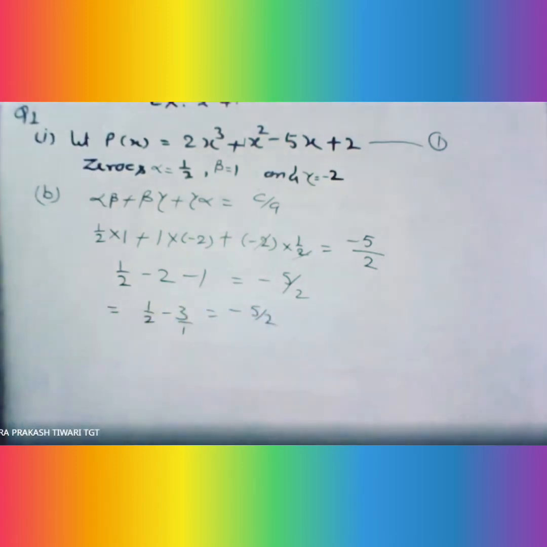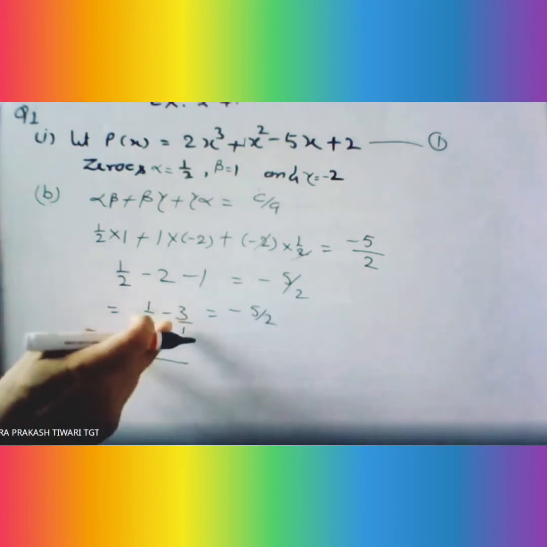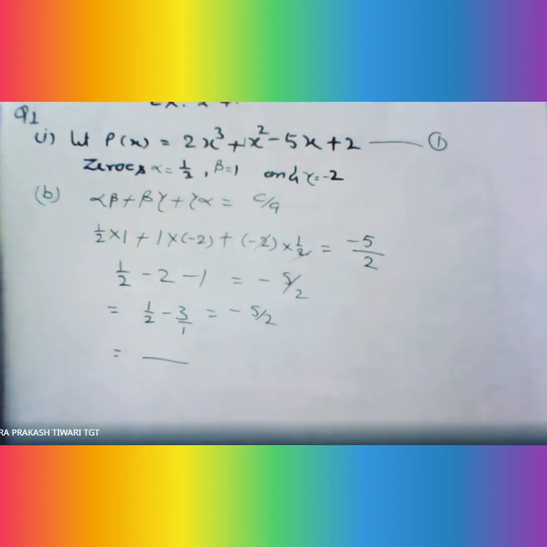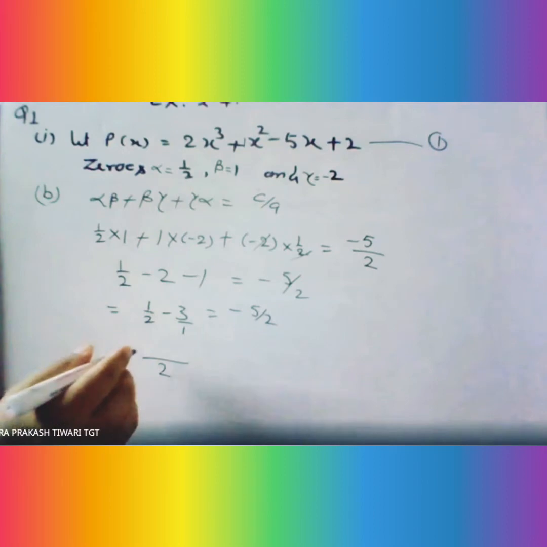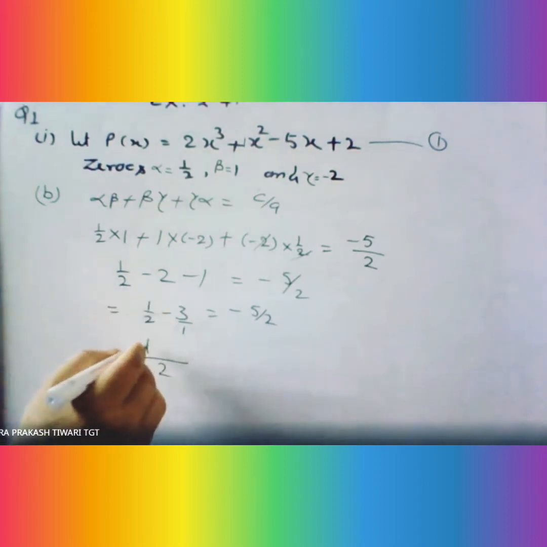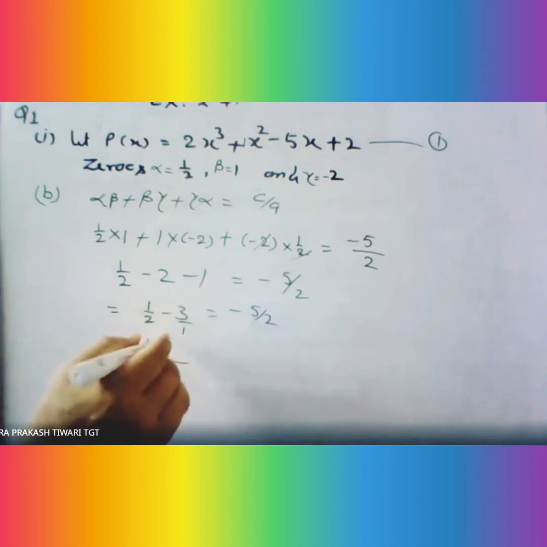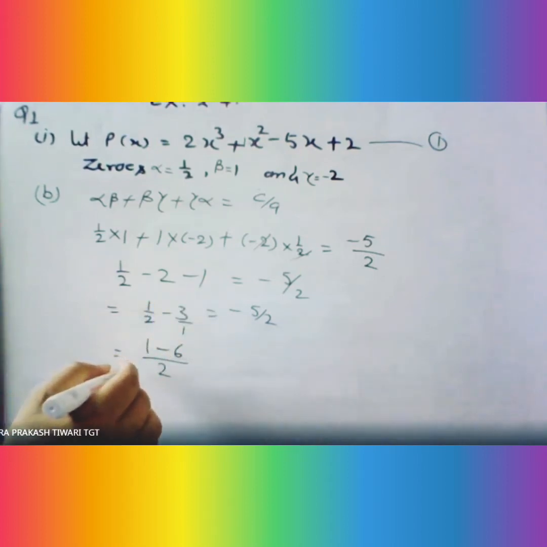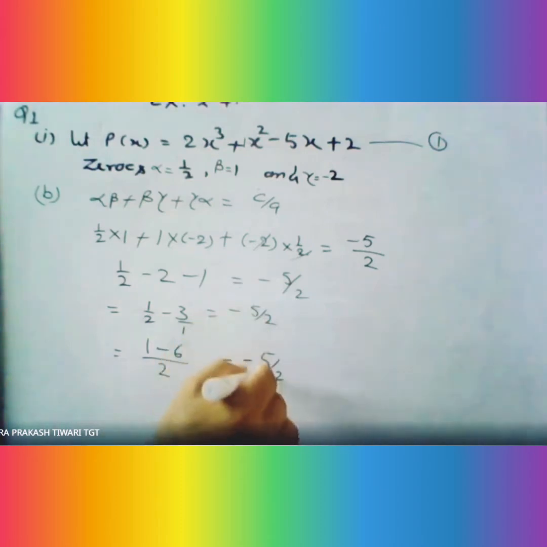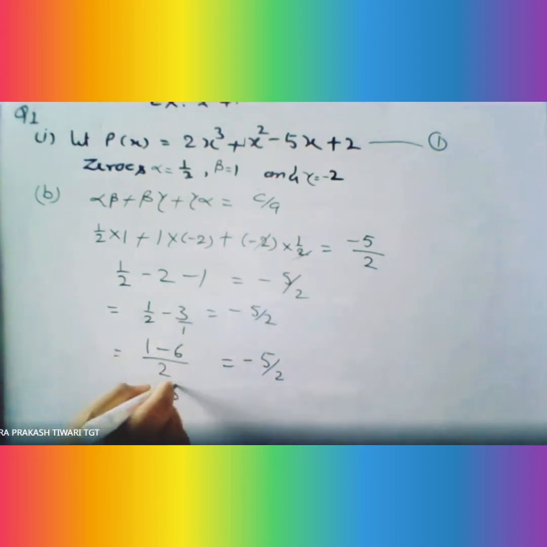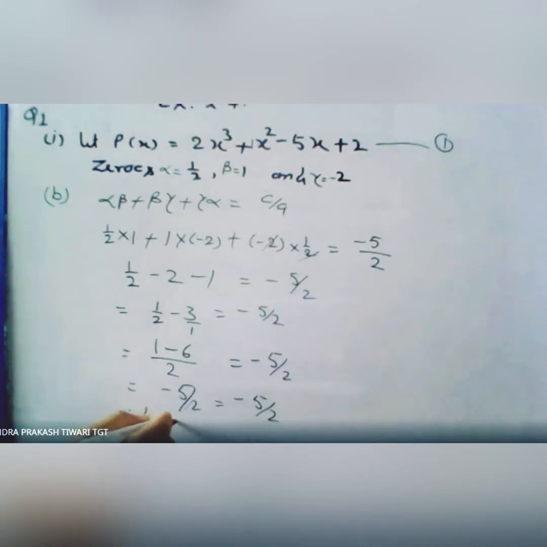Now you can write this is 1. Okay. So LCM is... or otherwise you can also say subtract half from 3. When we subtract half from 3, then we will get 2 and half. Otherwise we can take the LCM as 2. So here this is same to same, and 1 2s are 2, 2 3s are 6. So 6 minus 1, that is 5 by 2. This 5 by 2 same to same, and here 1 minus 6 means minus 5 by 2 equal to minus. Left hand side equal to right hand side. Hence the second result is verified.